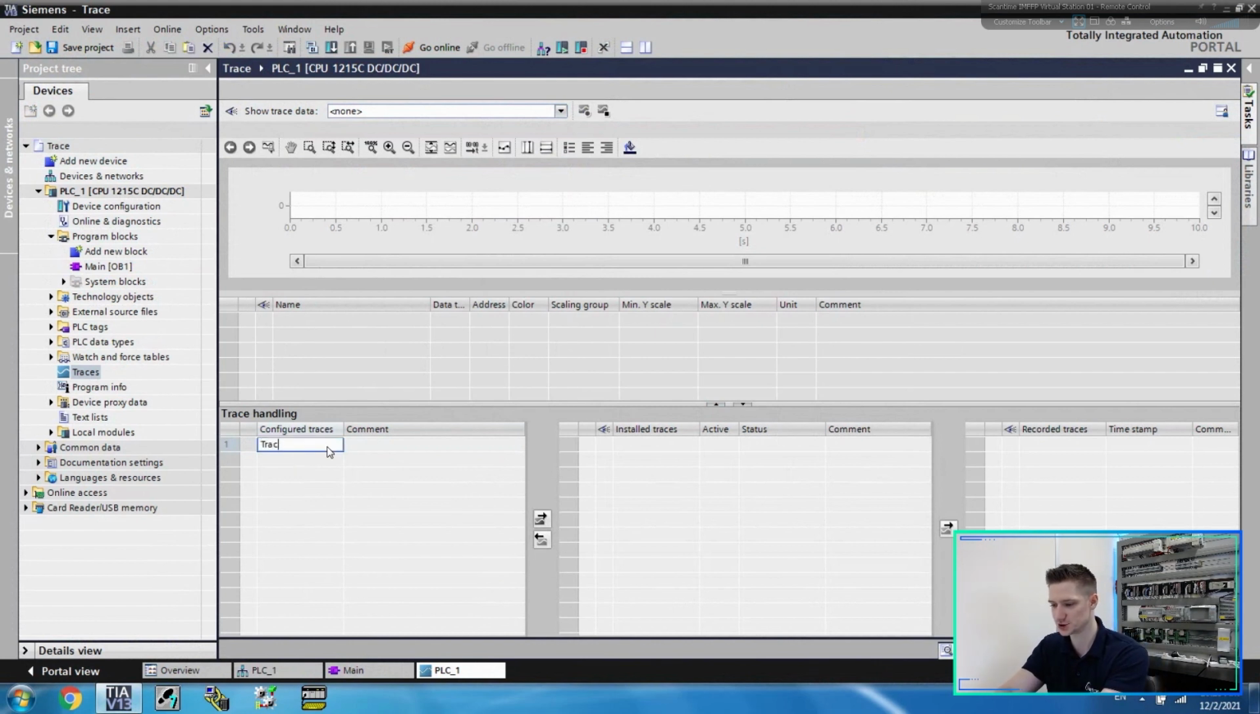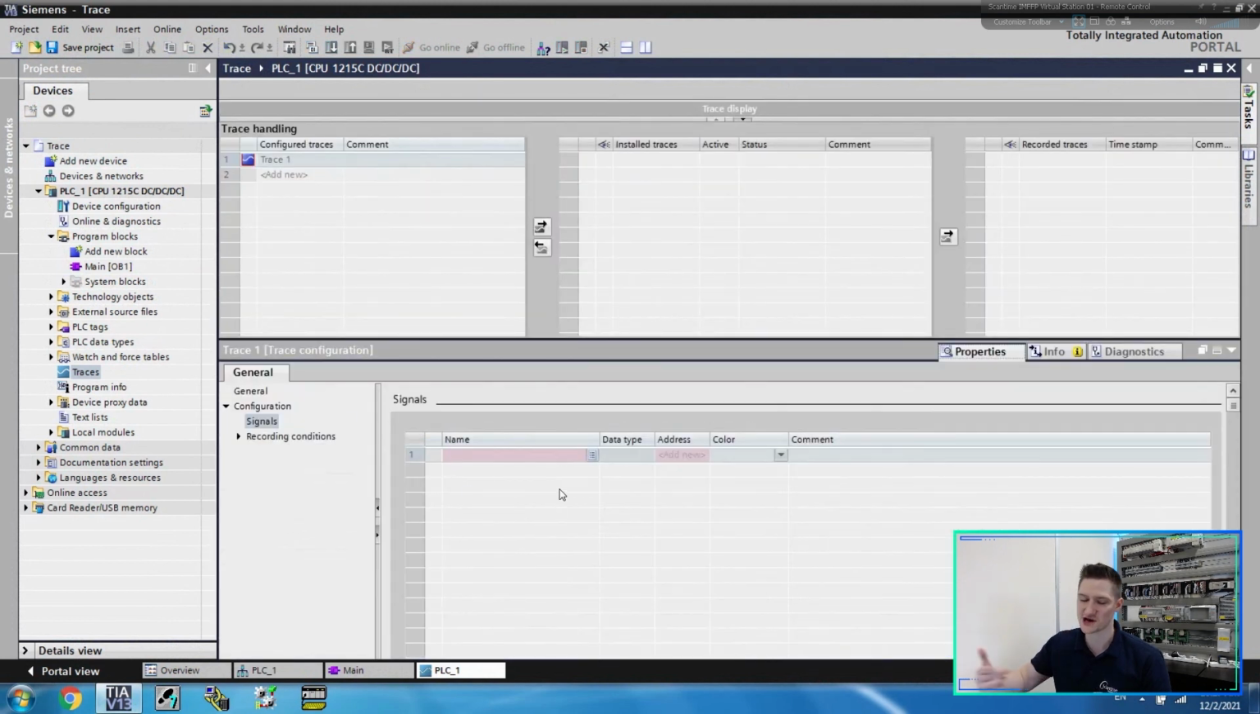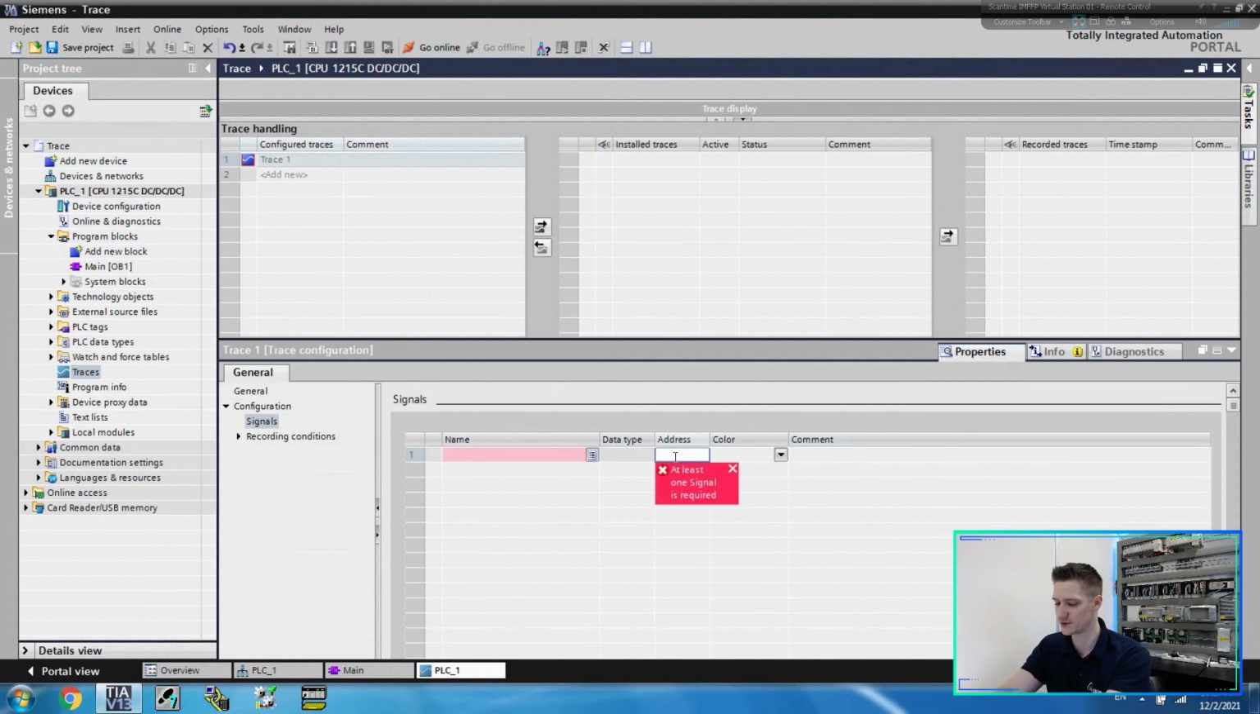I'll just call this trace 1. You'll see it's got a red border around it, because nothing's been set up. If I click on trace 1, and now go to its properties, I can start adding in the signals for trace 1. So what I want to do is add in a couple of signals. I want to add in our M1.0, which is our signal 1. I want to add in our M2.0, and then I want to add in our output